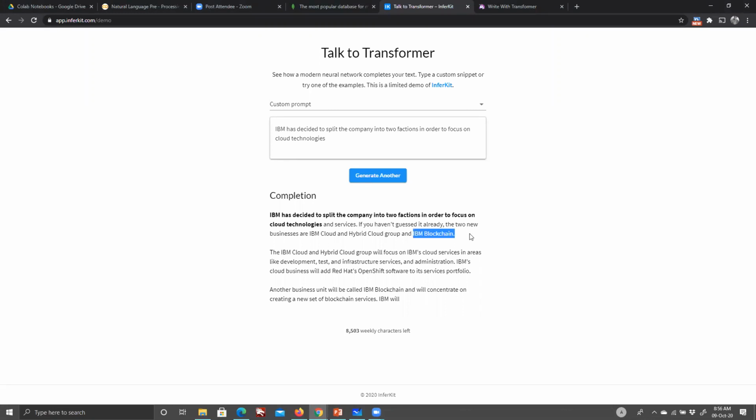They have not said they will be making a blockchain, but it just came up with this. It must have gone through a lot of news about IBM or the technical world. A lot of people keep making this speculation, right? Of course IBM news came today, but a lot of people were speculating for the last two years that IBM should actually be broken down now. It is not possible to keep it a single entity. So based on those news items and the statistical correlation it saw, it figured out the best names possible would be IBM Cloud, Hybrid Cloud Group, and IBM Blockchain.